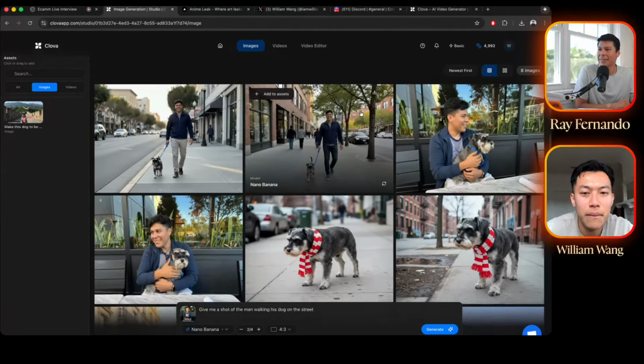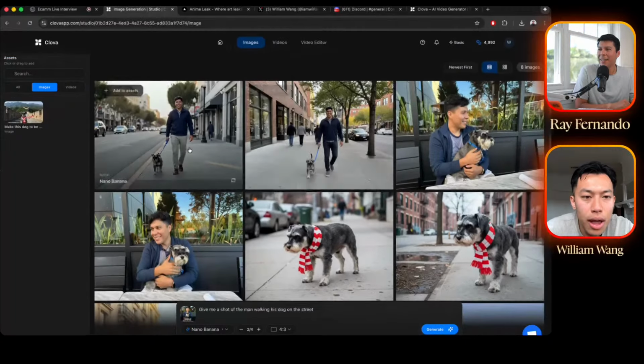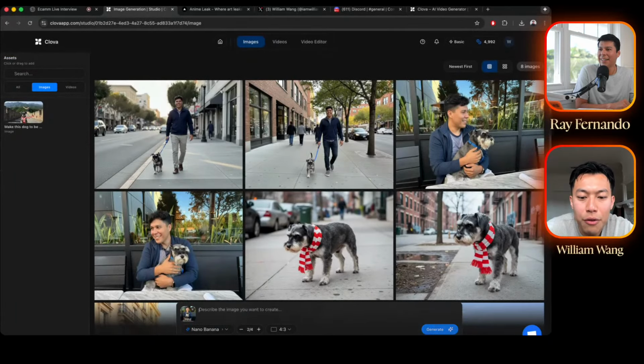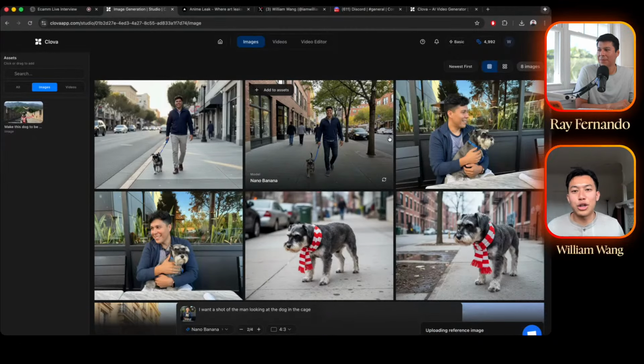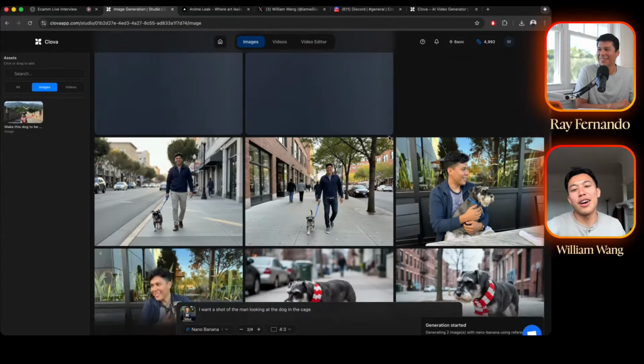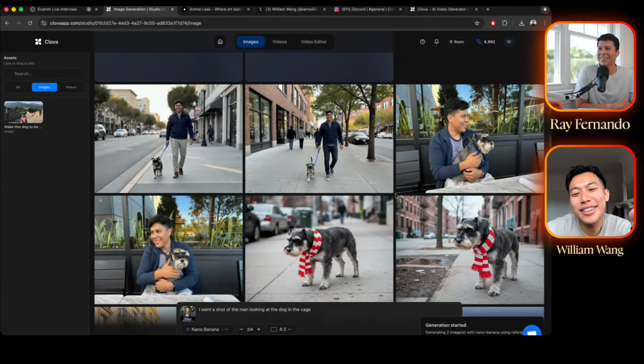That's pretty cool. Yeah, so now we have this going. So I thought we need a first shot. So I will say I want a shot of the owner, the man in the cage. Cool. So that's kind of what I'm thinking, that I have an introduction of, let's say, something quick of you first met your dog in the shelter. So I'll get that